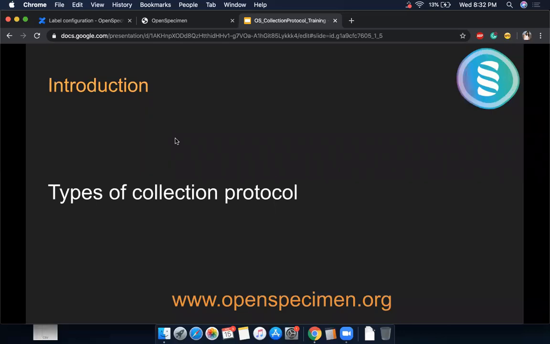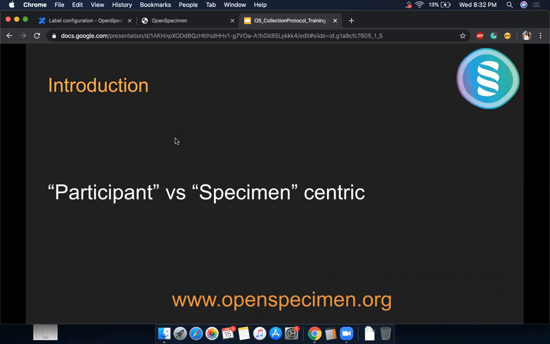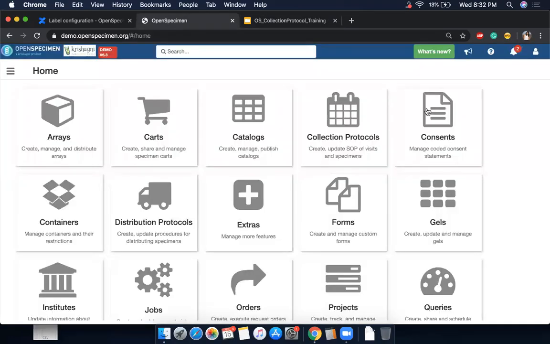Now we'll move on to see the different types of collection protocol. First and foremost is participant versus specimen-centric collection protocols. We'll look at that in the demo site we have here. For the newcomers, we have a public demo site, demo.openspecimen.org, where you can sign up and try out the software.